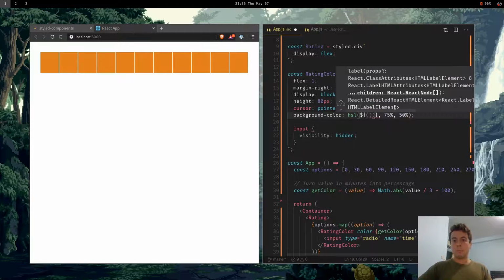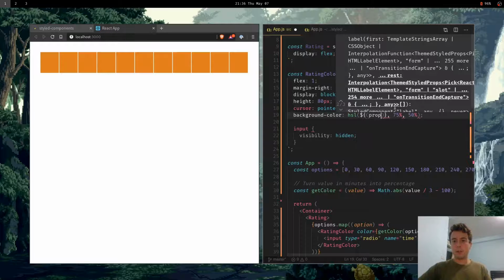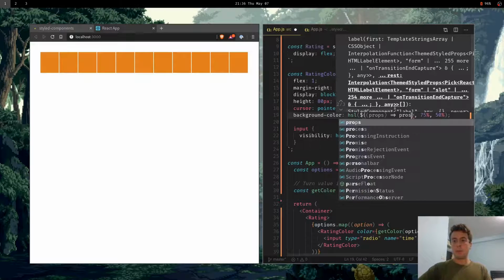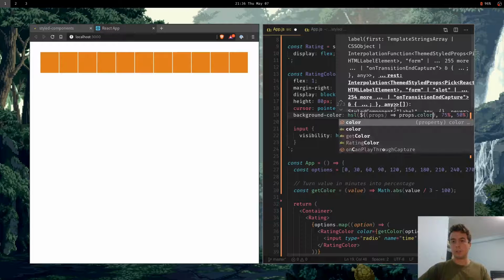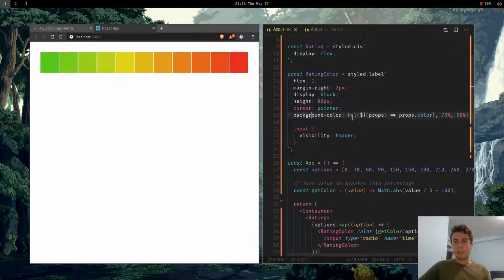but I'm going to pass in a prop here. So you want to get the props with this function right here. Let's say props, make it an arrow function, and then let's return props.color. See if that works. And yeah, we now have green all the way to red. So that's pretty useful. It's getting the props, it's getting the color that's passed in here, and it's returning it